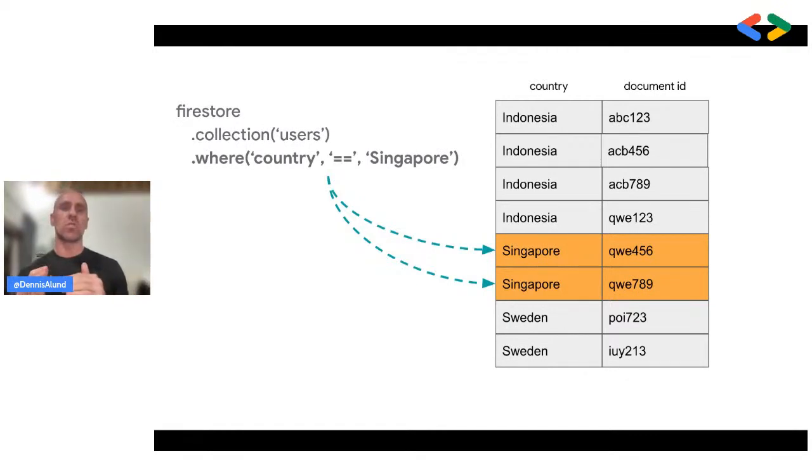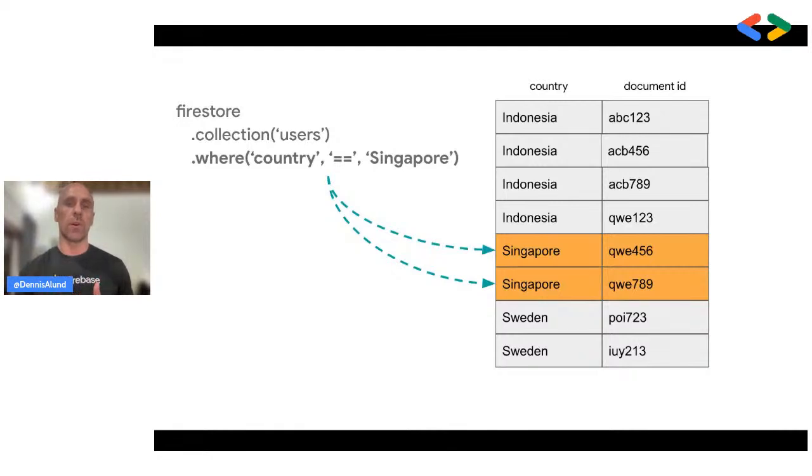But the reason this works is because Firestore is storing the data adjacent in a sequence where the data is close to each other. So if you, for example, are fetching all the users living in Singapore, they will already have an index where all those user IDs are ordered by the country, where the country is alphabetically ordered. So you can fetch the first Singapore record and you can fetch it all the way down to where it's